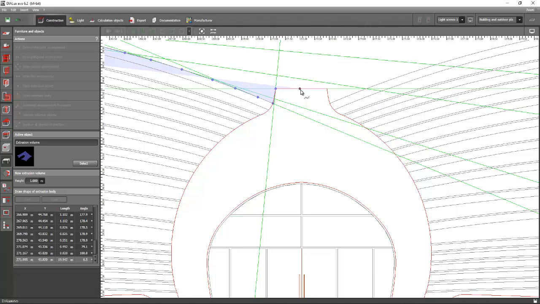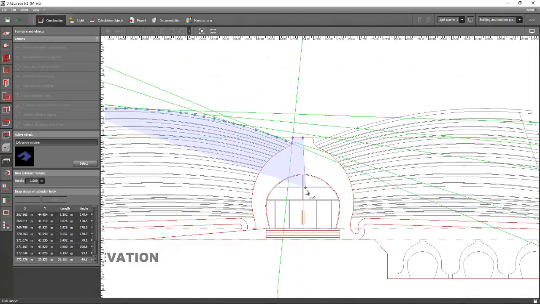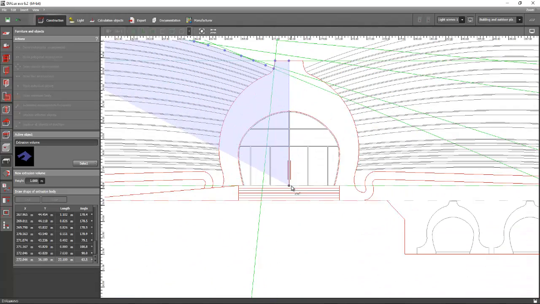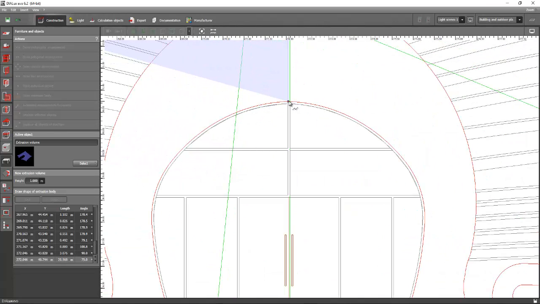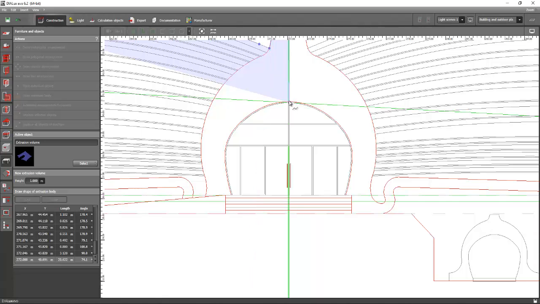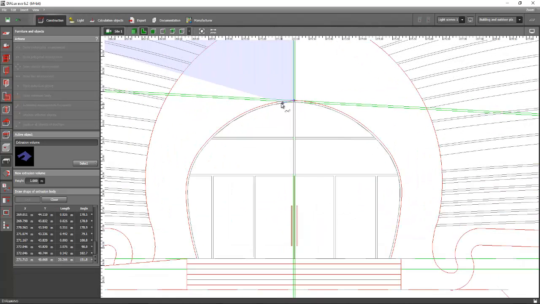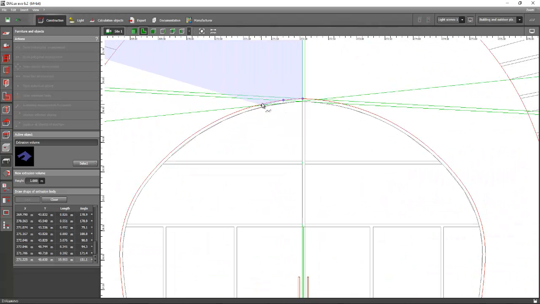Let's assume this is the middle. I should have created the line first, and then we will cut it here. Oops, backspace. No, up to here only. Because we will create an inside view on that